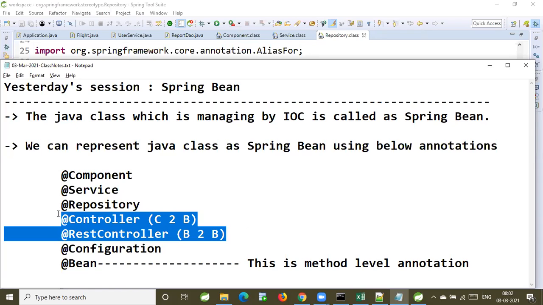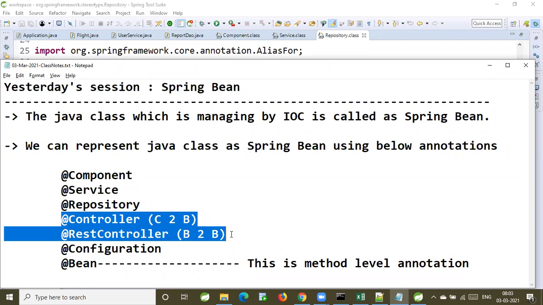I'm not going to touch these two annotations now. We are going to learn these two annotations in the Spring Web MVC module.